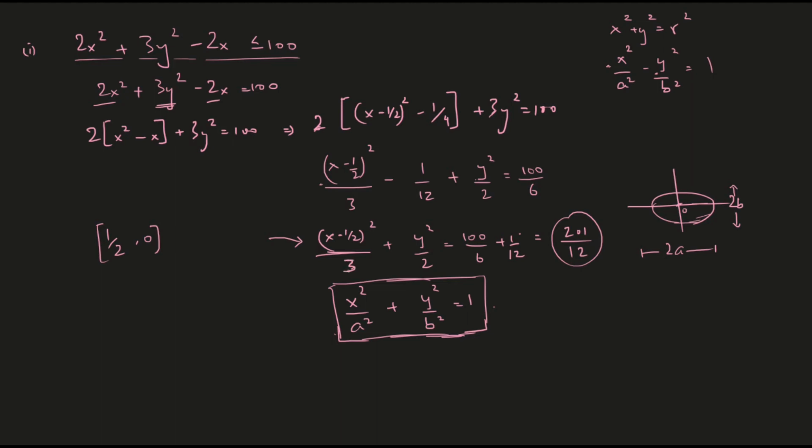And if you want, you can find the values of a and b as well, but that does not really matter. What does matter is that we know that this constraint, the one given in the question, is elliptical in shape with the center at half, comma 0. Now this is important that the center is not at the origin but at half, comma 0. So our constraint is elliptical, centered at half, comma 0. So it's symmetric about this line.